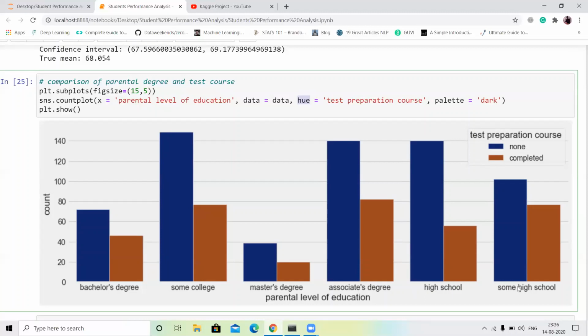So this is our graph, guys. I call the count plot and define the x column, the data, and the hue equal to test preparation course, and the palette is our color name, dark.